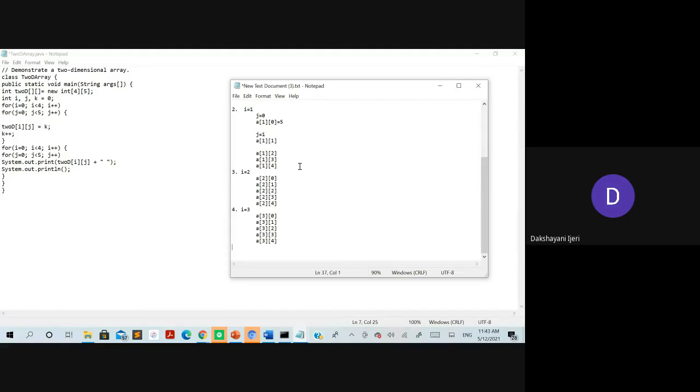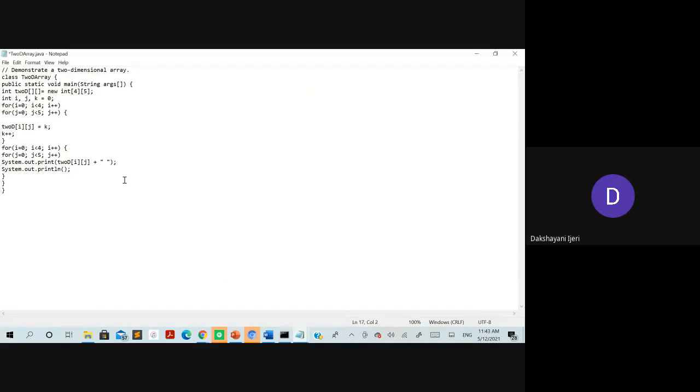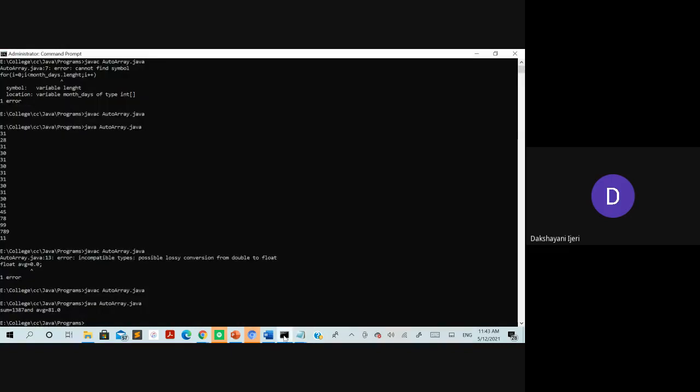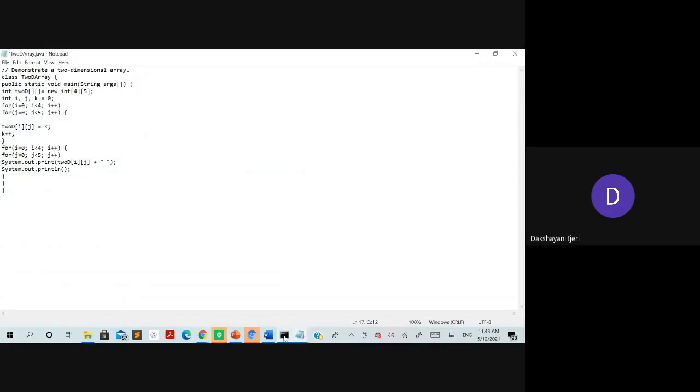Okay. So can you tell me what will be the values of this 2D array? I have told you the indexing, how it will be considered, by showing you each iteration of these two loops, right? So at this time you can see for each iteration we have stored the value of k, incrementing by 1 every time. We get the matrix which contains from 0 to 20. We'll see it. The name of the file is 2D.